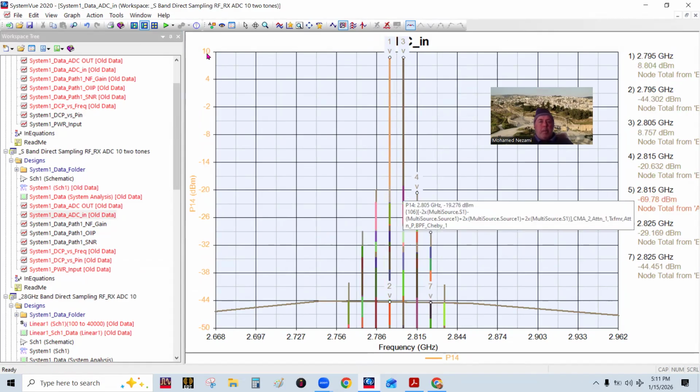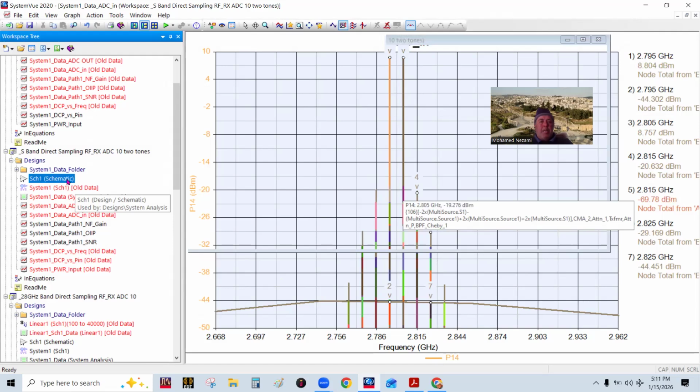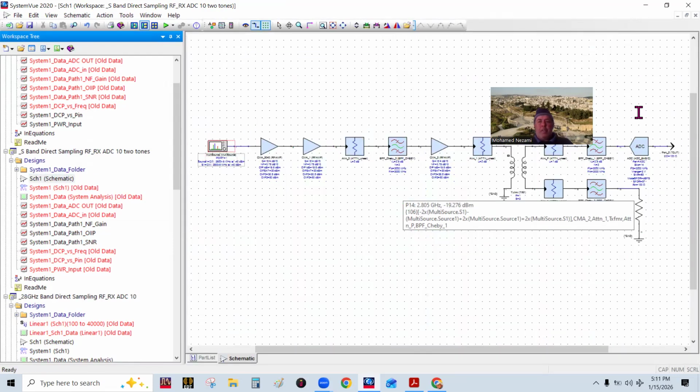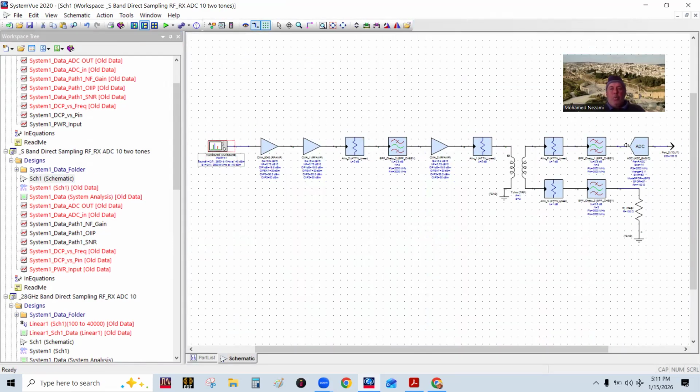And we're already at plus 10, which means if my ADC's full scale is 7 anyway, so at this point, I've saturated the front end in here anyway. I'm 3 dB in compression as far as the ADC is concerned. And that's when you, of course,